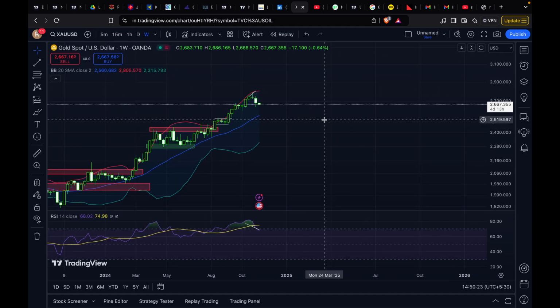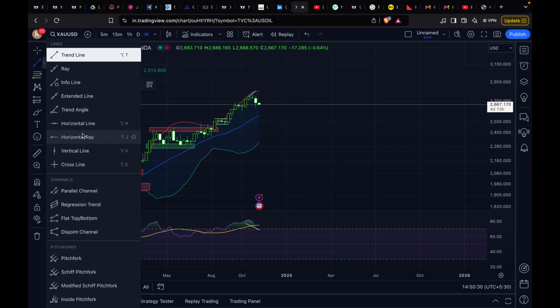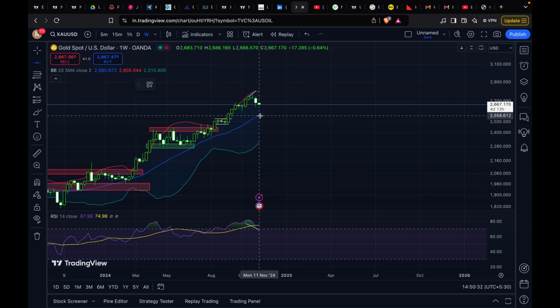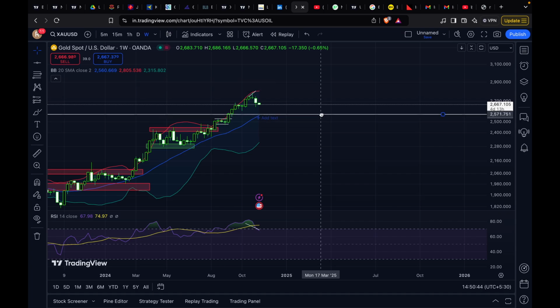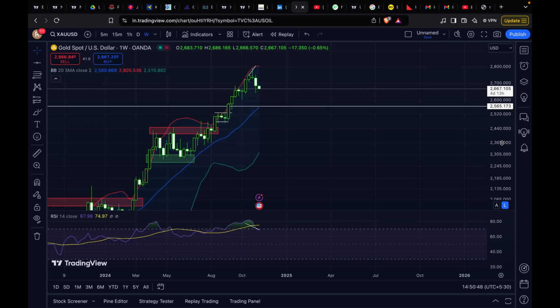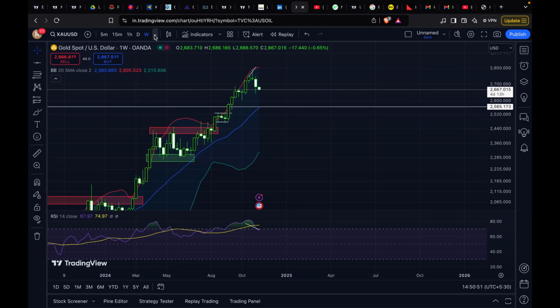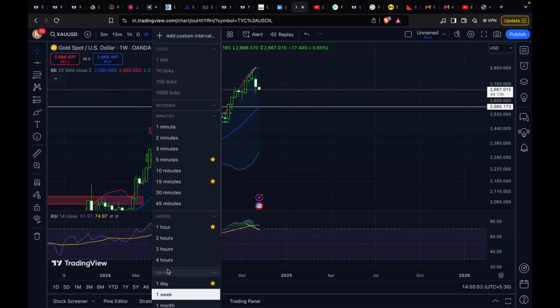And if you ask me for targets, the first target that I'll give you is actually the moving average on the weekly time frame, which is very close to a daily time frame zone which we have marked on our charts. So the first target for us will be somewhere near 2500 if you are going short on gold. And if you just switch to the 4-hourly time frame,